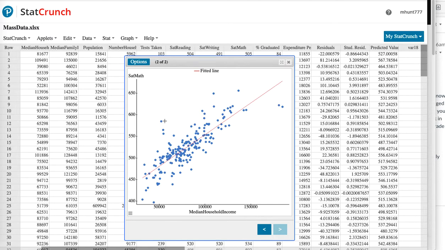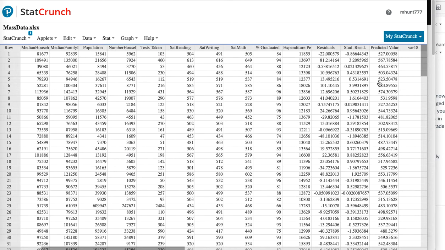And I see a couple of high outliers, cities and towns that are doing very well in terms of math SAT scores. They have a relatively low median household income, and in spite of that, the average SAT scores are pretty high. Whereas these people over here have a relatively high median household income and are not performing as well as they should. So we're going to X out of that, and we're going to come over here to our studentized residuals,